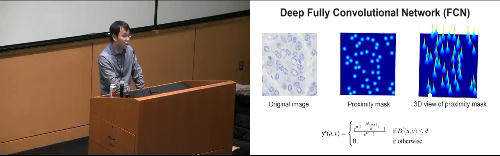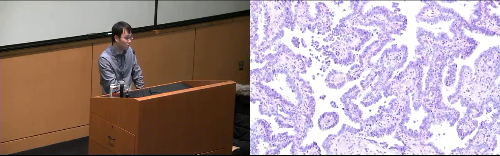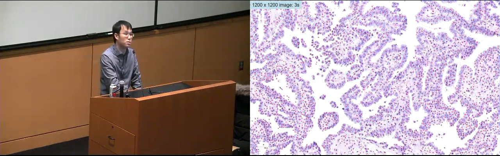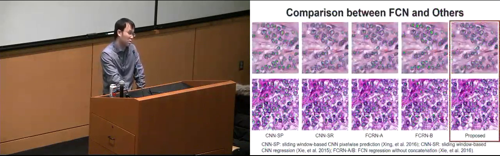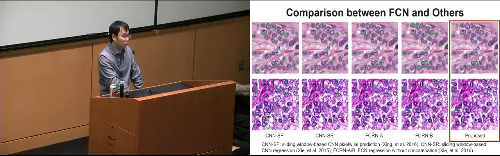For this model, we can use the standard backpropagation algorithm to train it, and once we finish the training, we can apply it to the testing images as well. For this breast cancer image, 1,000 by 1,000 or 1,200 by 1,200, it is very fast. Using a GPU, it takes only a couple of seconds. And this is another example where we want to detect all the items here. It is very fast. We also compare this algorithm to other deep learning methods, and more details will be in the paper. As we can see, the performance produced by our method is better than the others.